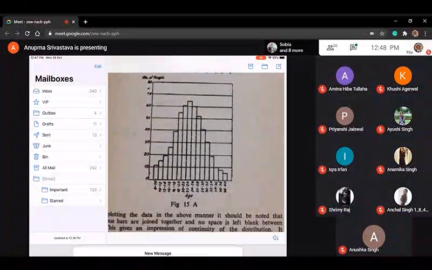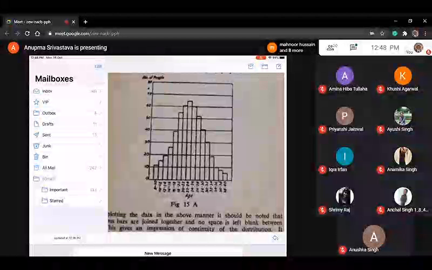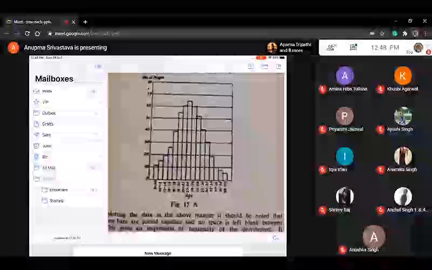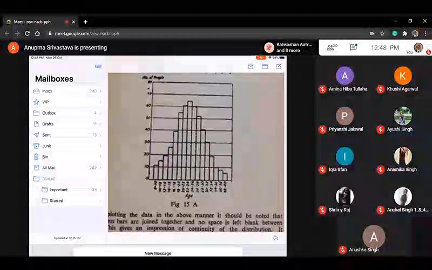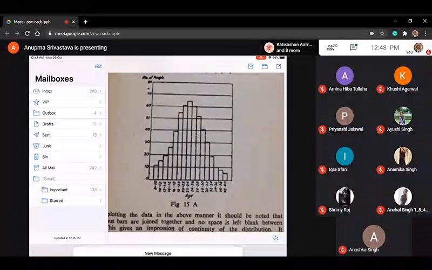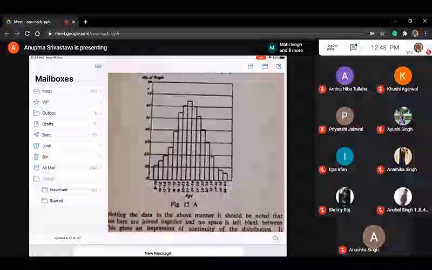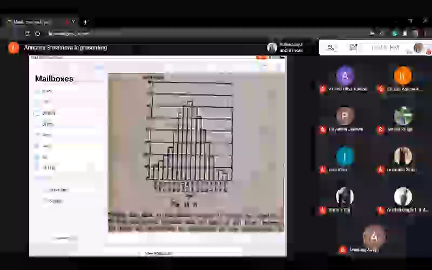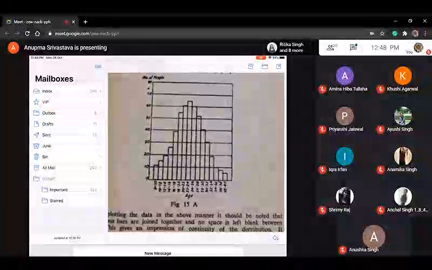So class interval, maybe you can show the same way, like you have written 8 to 10. So 8 to 10 will be joined bars, like you don't have to make the separate bars as we did earlier. So this will be a joined bar which you can make by drawing it on the highest point. For example, 8 to 10. Now at 10 make a point, and the first number of people's age is 12 people. So a little above 10 you have made this, this is 12. So this will be one point.